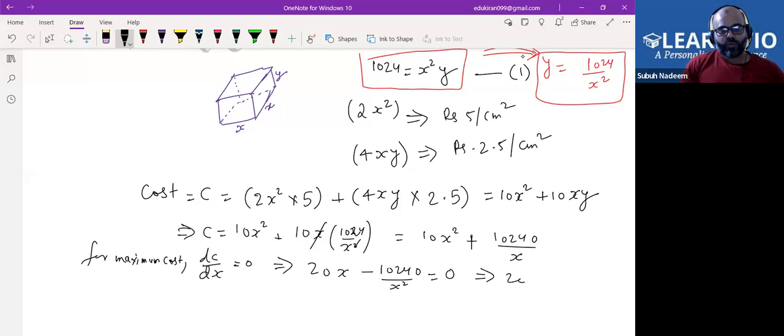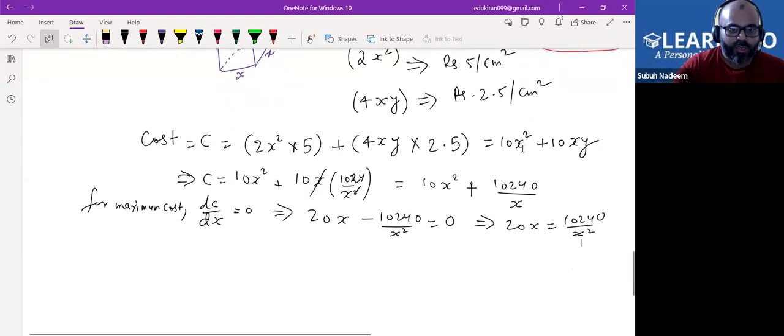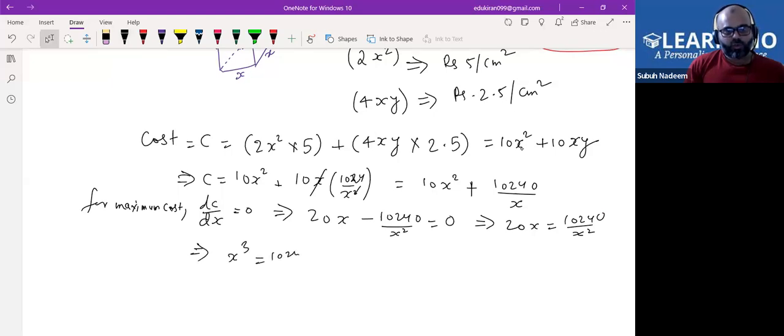So this will give you 20x is equal to 10240 by x square. Now let us cross multiply. So it will be x cube here and 10240 by 20, which will become 512. And 512 is 8 cube. 8 into 8 is 64, and 64 into 8 is 512. So this means x is equal to 8